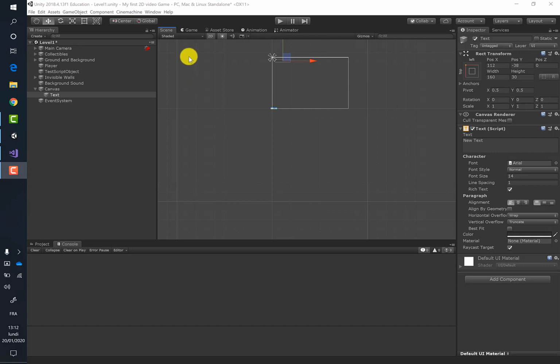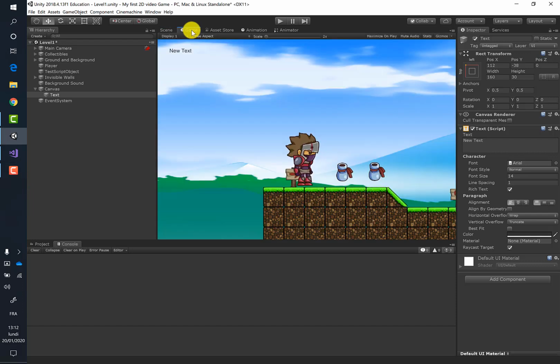Guys, let's verify that. If we go in the game mode, the game window, you can see now appears our text. Let's change it to score. To do that, you have to go here, and inside this box you have to change this text property by, let's say, score,